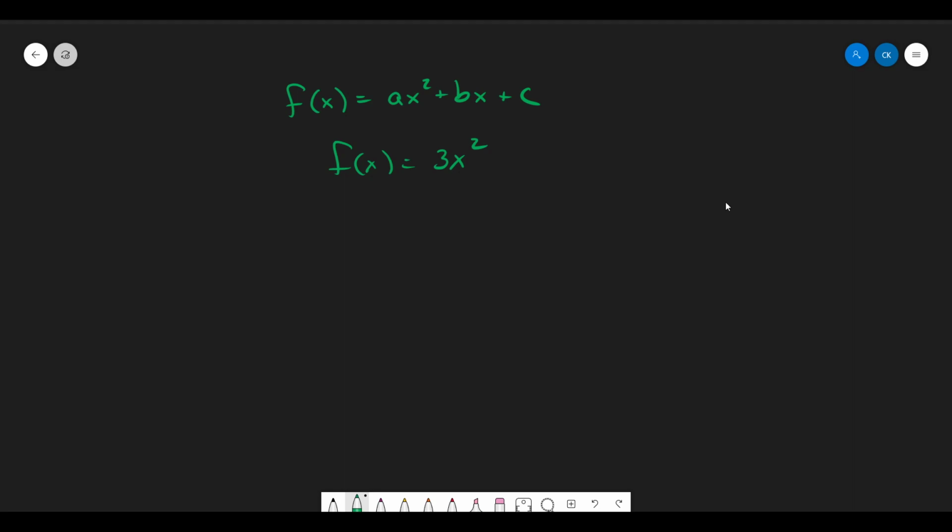That's a quadratic function. Okay, so it doesn't have to have 3 terms, but it has to have the highest degree term being a square. So we'll never be working with cubes or fourth powers or fifth powers. The highest exponent will always be a 2. Okay, so this is what we're going to be working with, our quadratic functions. But in this first section, we're going to look at how to graph our